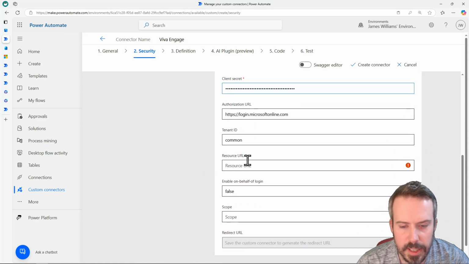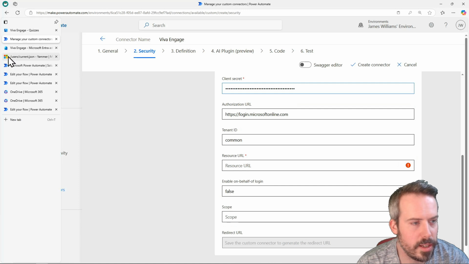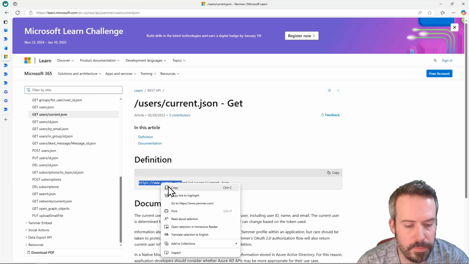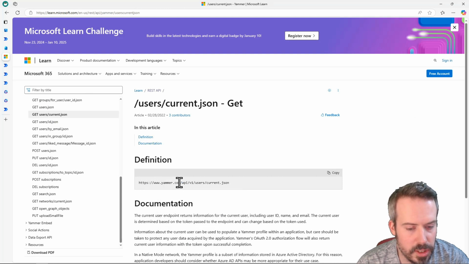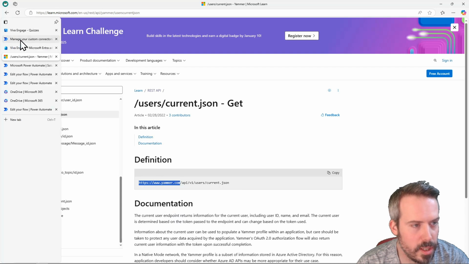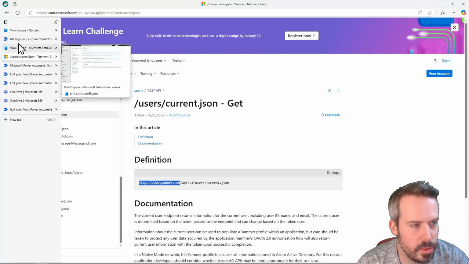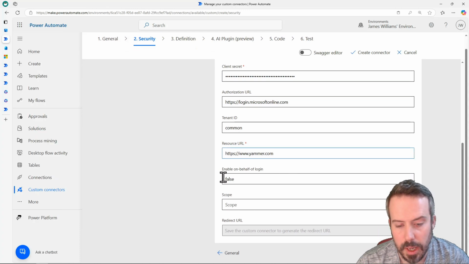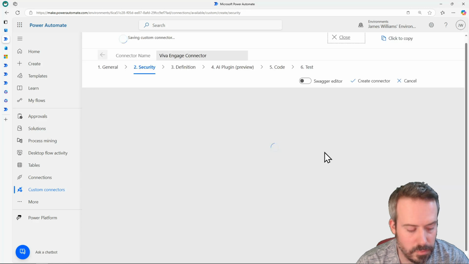The next part we need to fill in is this resource URL. So that is the same as we were trying with the Entra ID connector, this whole base URL. So if I copy that, in fact, without the slash at the end there, that's the base URL for the API actions I want to use. So if I paste that in there, the rest of the options we can leave. So this redirect URL will need to give back to Entra. So if I just click create this connector for now,